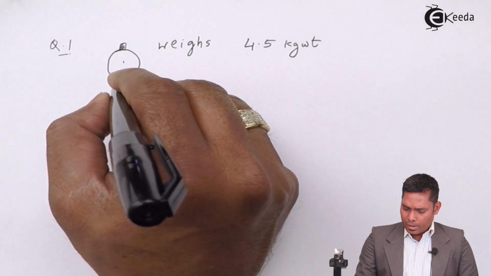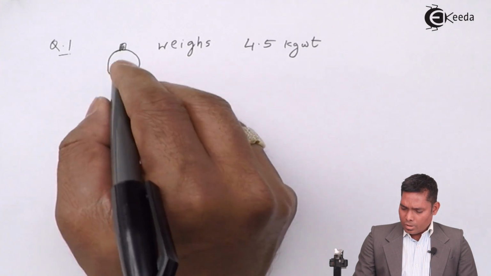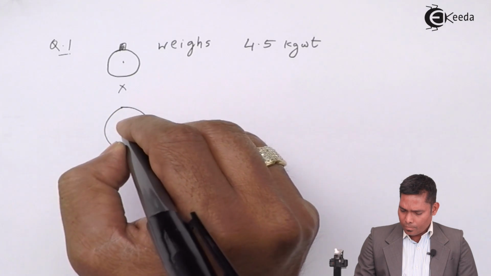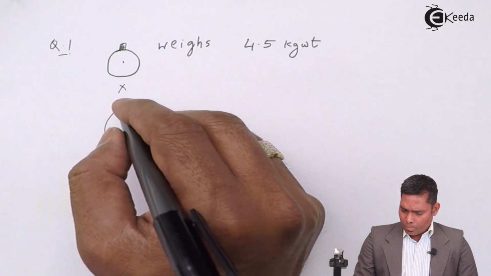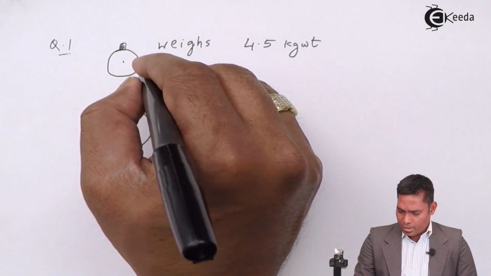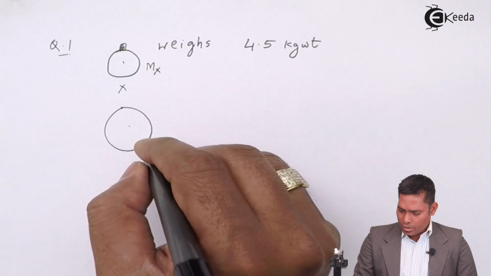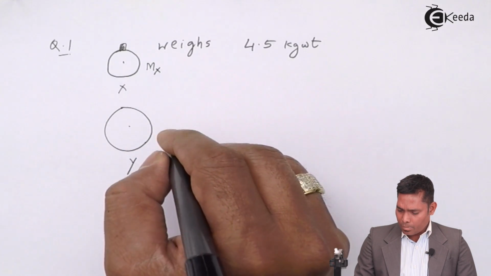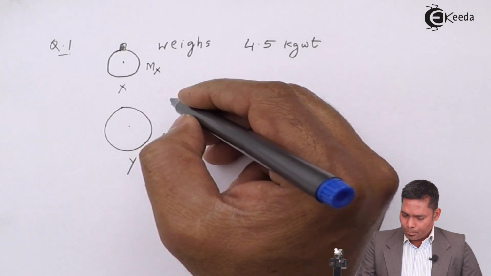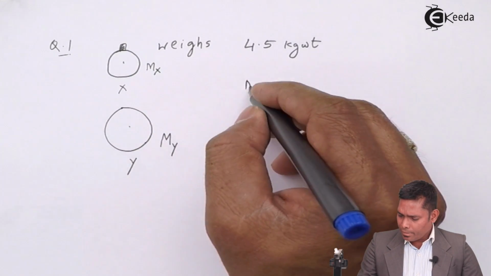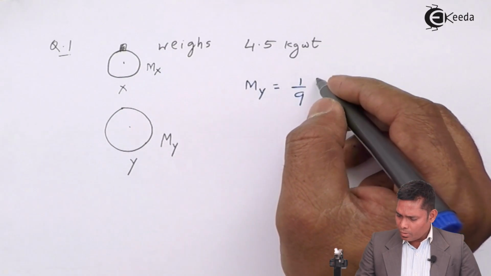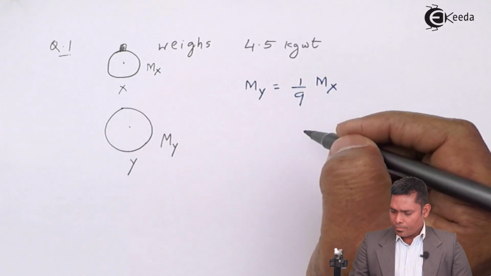This is suppose planet X. The same mass is taken and kept in another planet. This is suppose planet Y. The question is given that the mass of the planet Y is 1/9 times the mass of the planet X,